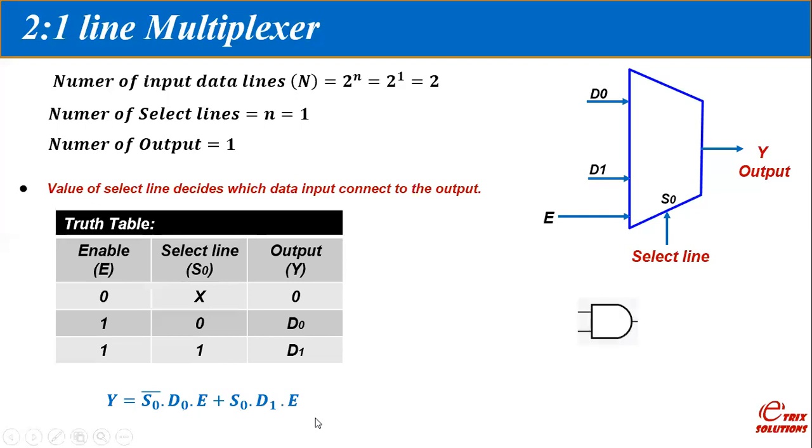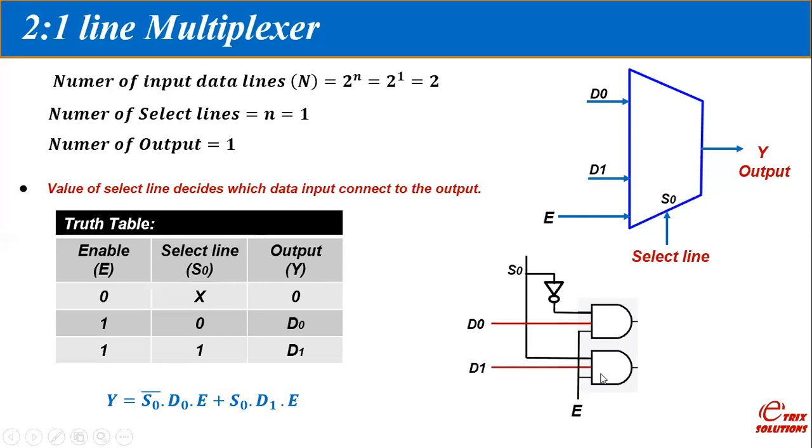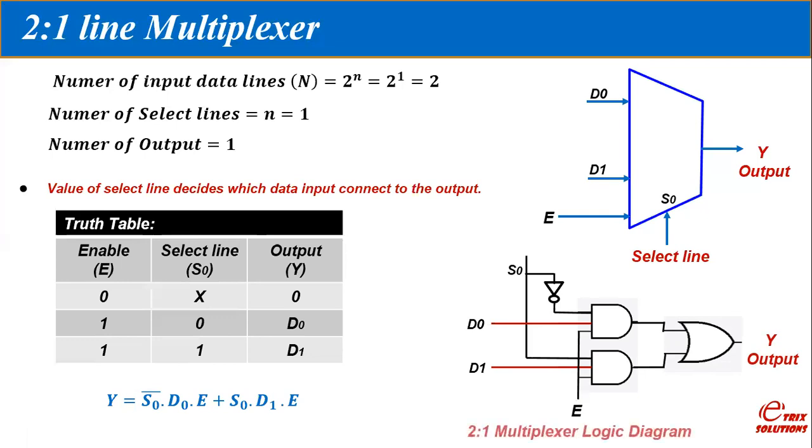So let us take the first AND gate, and the input of this first AND gate will be S0 bar, D0 and E. Similarly, let us take one more AND gate, and the input of this second AND gate will be S0, D1 and E. And the output of these two AND gates will be connected to one OR gate, and the output of the OR gate is nothing but the output of your multiplexer. So this is the logic diagram of a 2 to 1 line multiplexer,